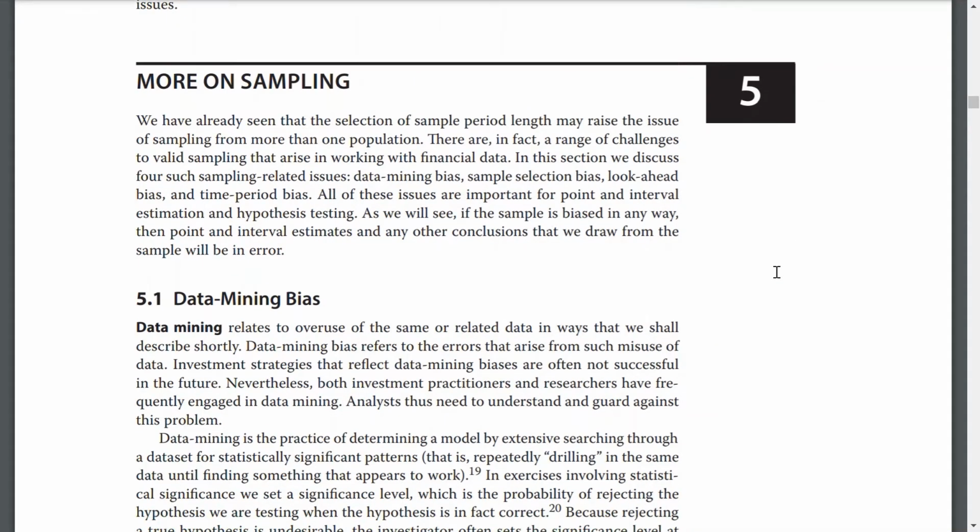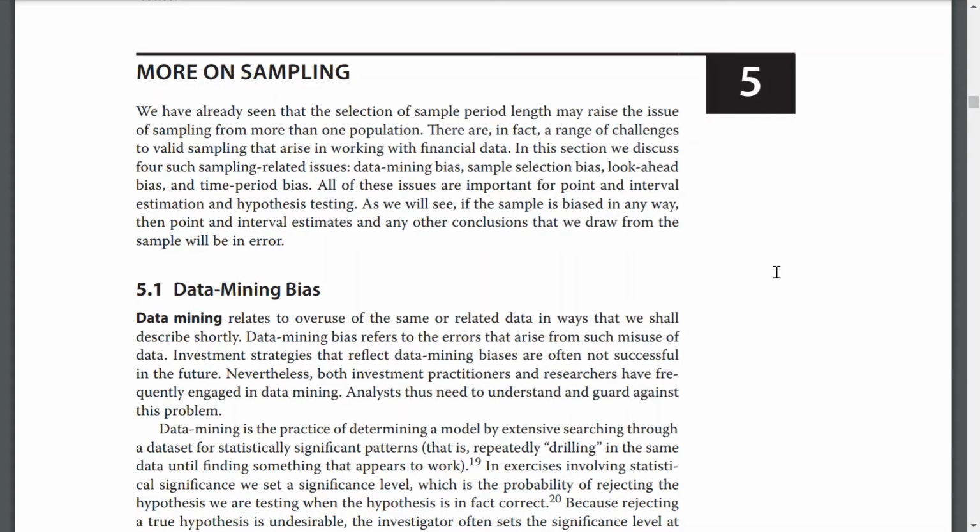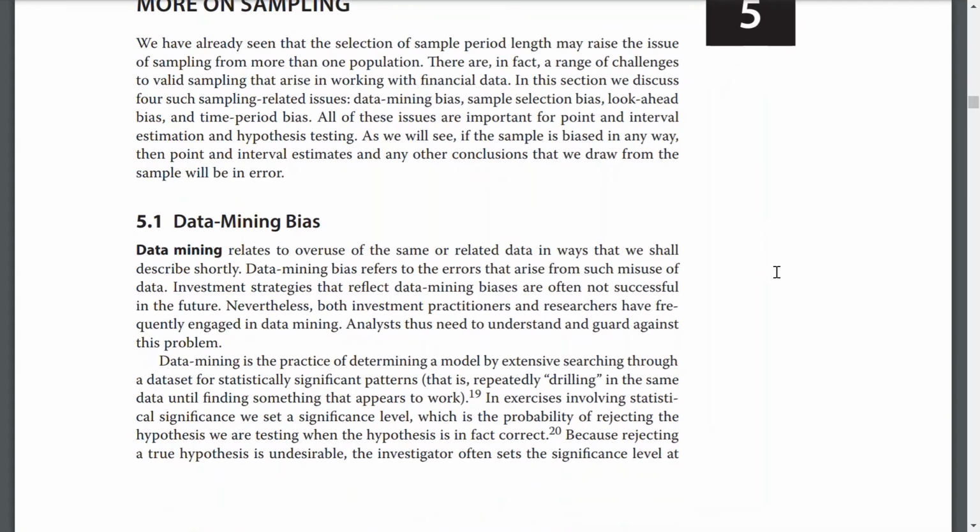We have already seen that the selection of sample period length may raise the issue of sampling from more than one population. That is, in fact, a range of challenges to valid sampling that arises in working with financial data. In this section, we discuss four such sampling-related issues: data mining biases, sample selection biases, look-ahead biases, and time period biases. All of these issues are important for point and interval